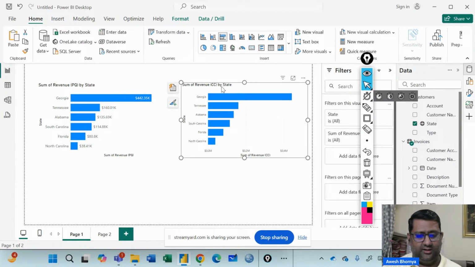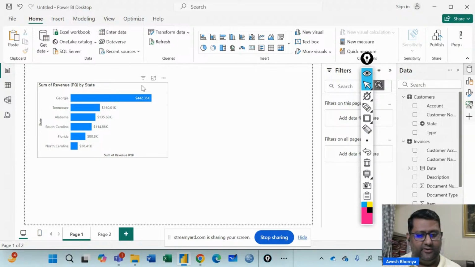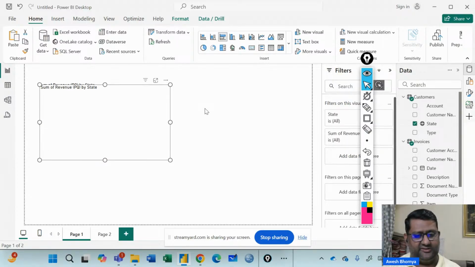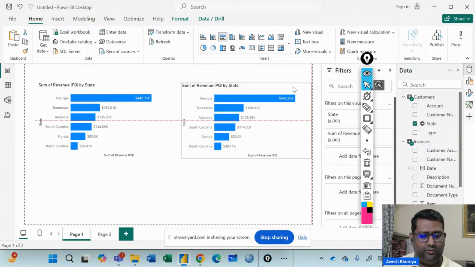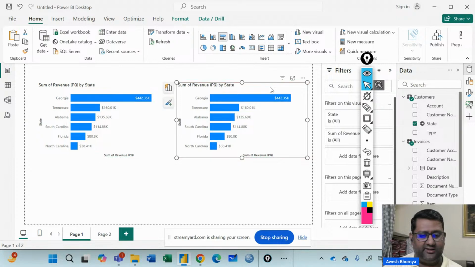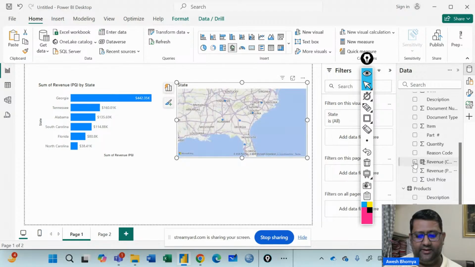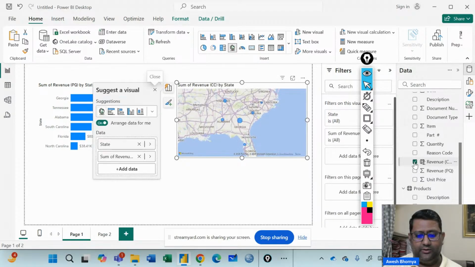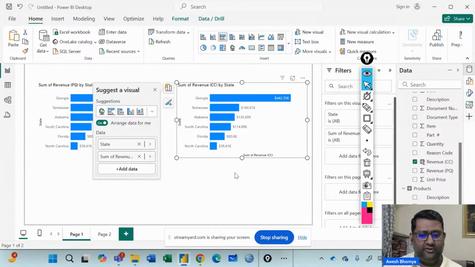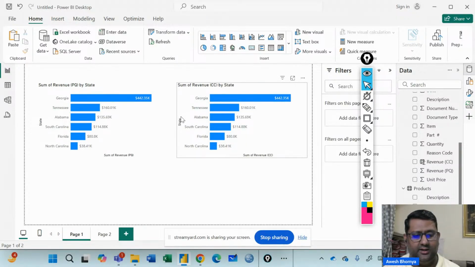So let's just go ahead, and in fact I don't want to do this manually. Let me show you a shortcut for this. I'll delete this. I will just select this, copy it, and paste it. Then, with this visual selected, you will see what fields are being used. You can see revenue PQ being used. I'll uncheck it, check the revenue calculated column, and convert this to a cluster bar chart. Okay, so this is where I can get the exact look and feel,